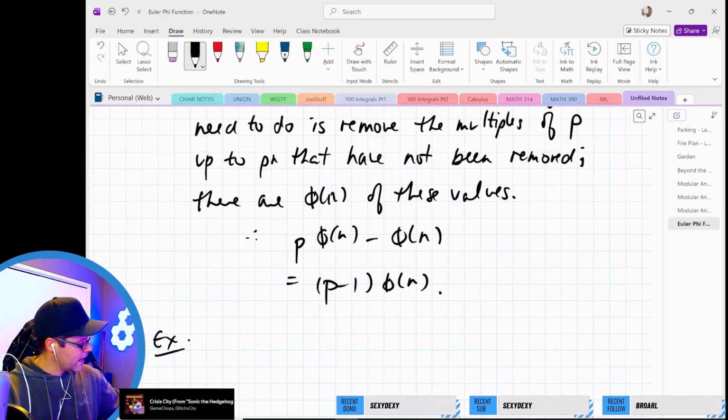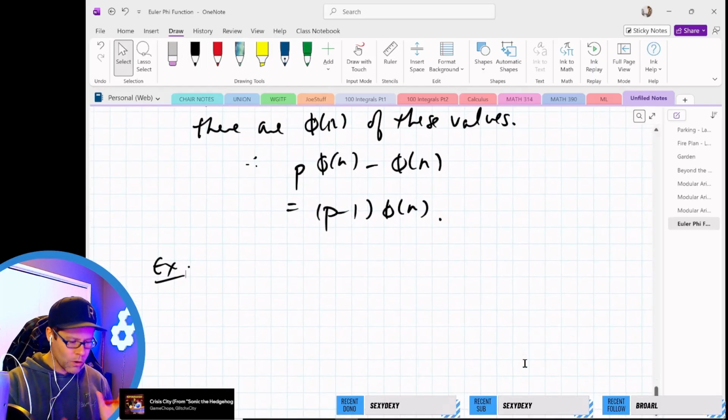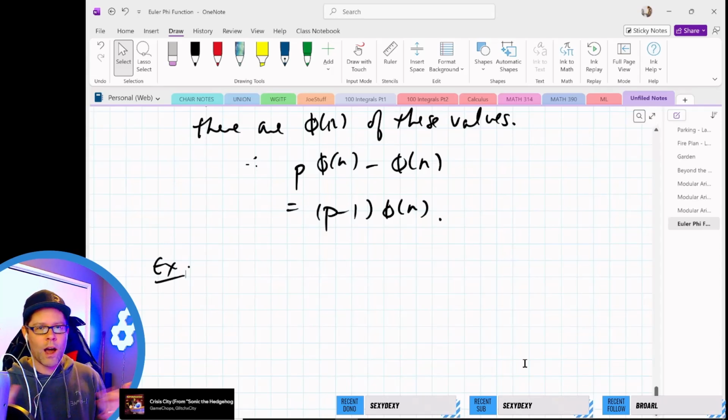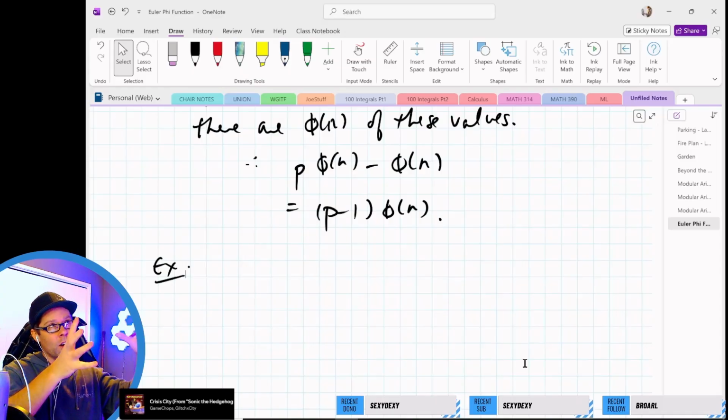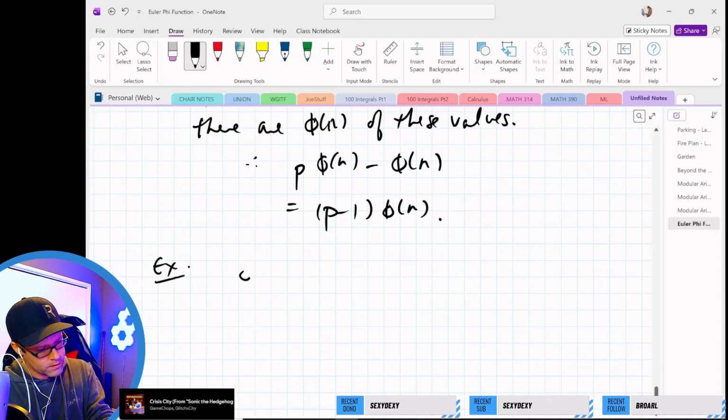All right, so let's take a look at another example. I'll show you the array method one more time so you can get a sense for how these numbers are being created. From your perspective, you just need to know how to take a large number and break it down into primes that either divide the leftover portion or don't divide the leftover portion, and how to make that work. So let's consider